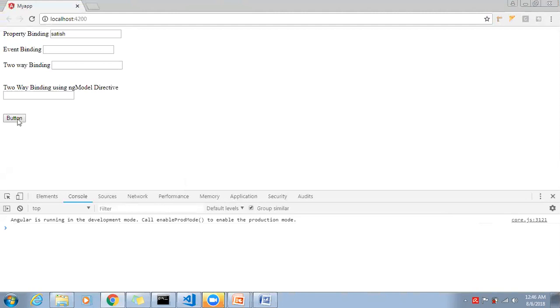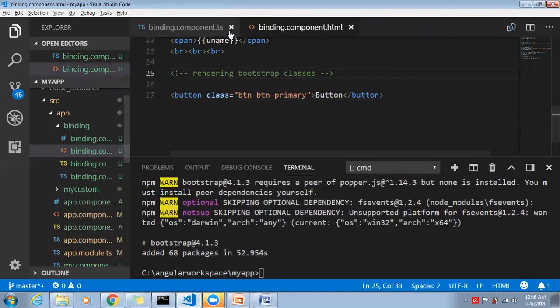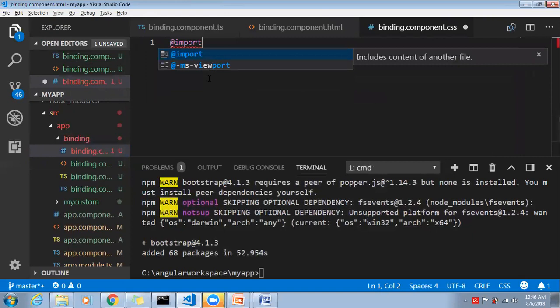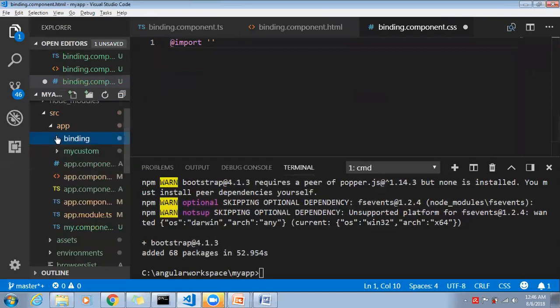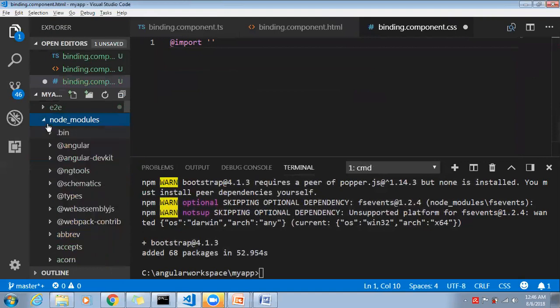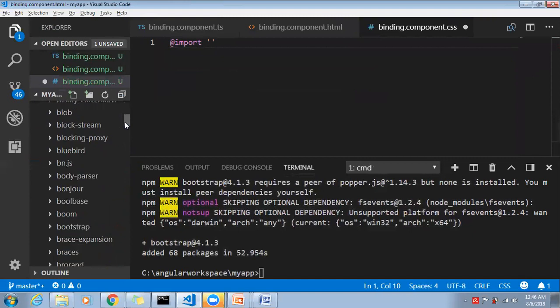Of course, it's not available here. Why? Because you need to import Bootstrap inside your CSS file. Where is the CSS file? This is the CSS file. What you do is @import, a simple CSS import statement. Bootstrap will be available inside node_modules once it's installed. Go to node_modules and look for bootstrap. Inside that, the dist folder, the distribution folder,